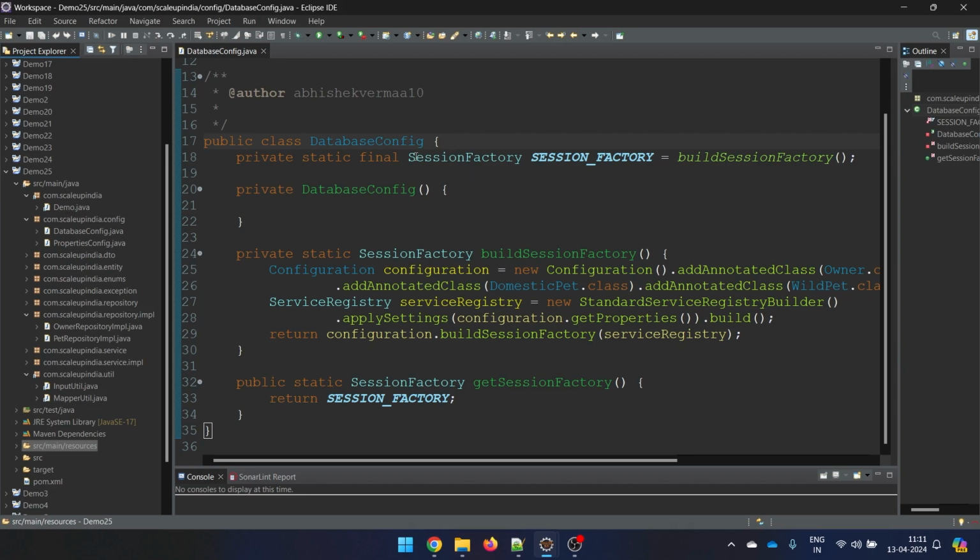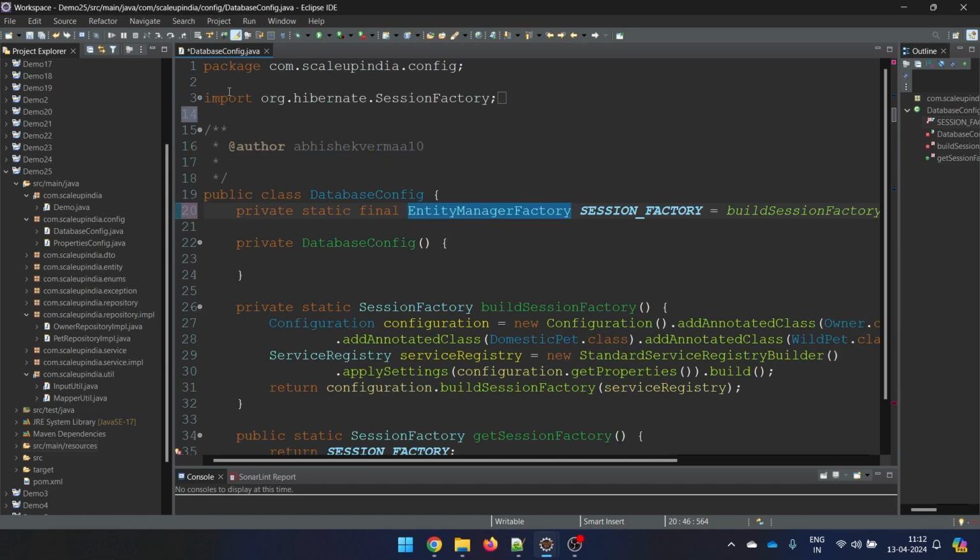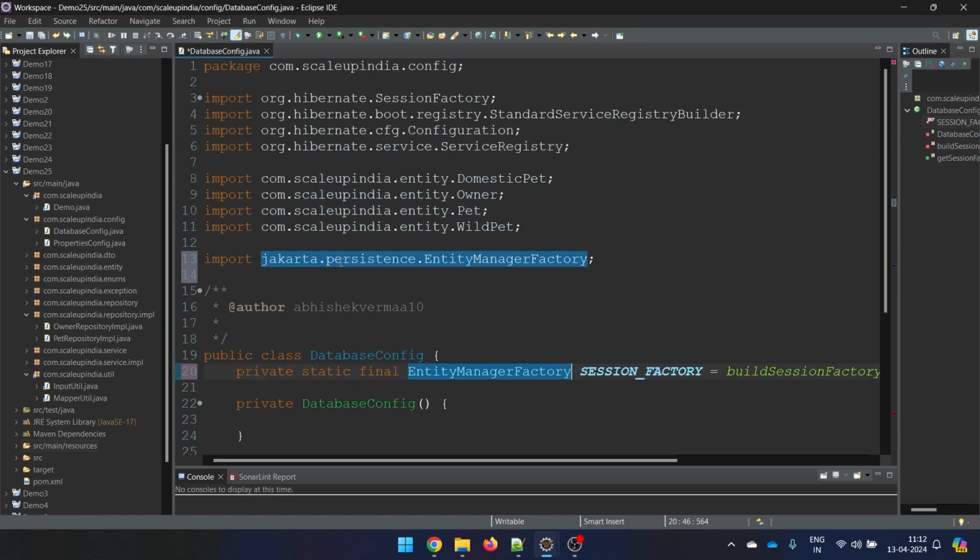So in the JPA, the number one thing is that instead of session factory, as I mentioned in the previous video, we will be making use of entity manager factory. So here we call it entity manager, and then let's call it factory. So this is the one. You can see this is directly coming from Jakarta. So currently you see there are Hibernate